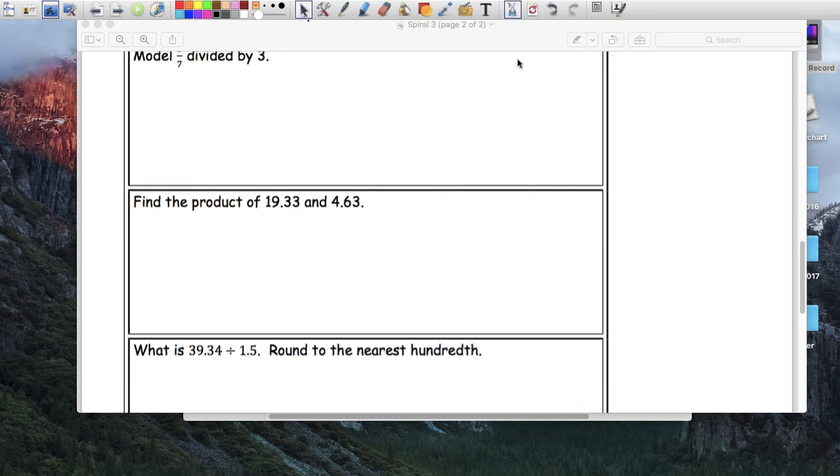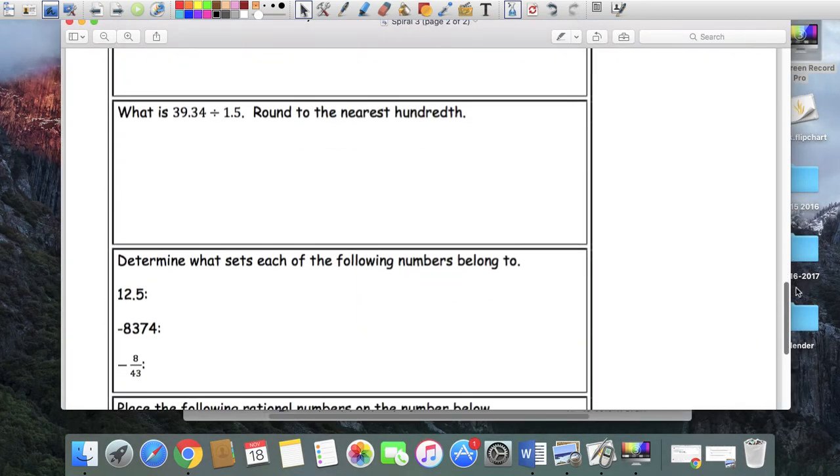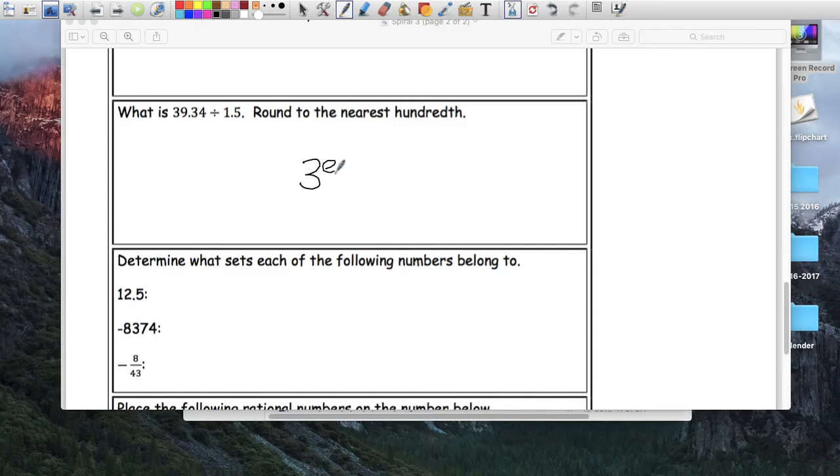Let me lower that. Here we go. What is 39.34 divided by 1.5? Let's start here. 39.34 goes inside, divided by 1.5. Move on over and multiply by 10 to get me 15. And multiply that by 10. I'm going to multiply the inside by 10, or move one over, it means the same thing. It gets me to